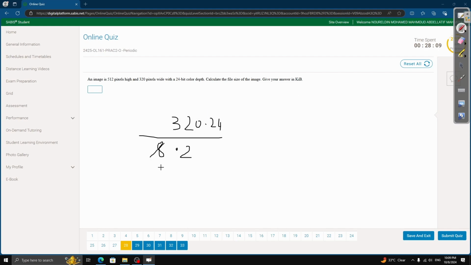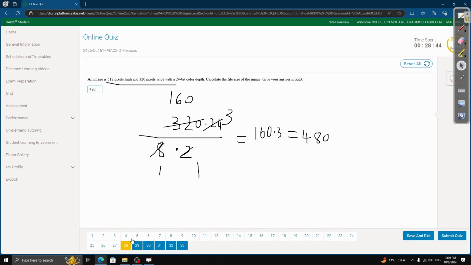Cancel this, you get 1. Cancel this, you get 3. Once again, cancel this, you get 1. Cancel this, and you get 160. All you need to do now is multiply 160 by 3, which should give you 480. You can then plug this equation into the calculator: 512 times 320 times 24 divided by 8 divided by 1024. You do indeed get 480